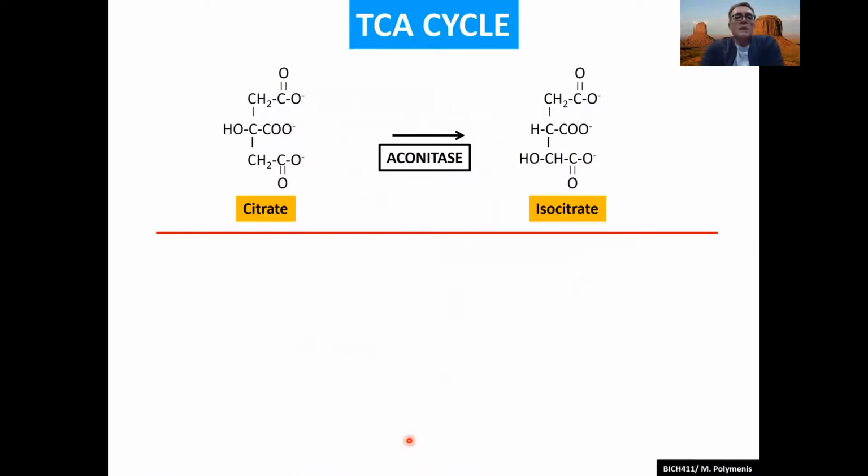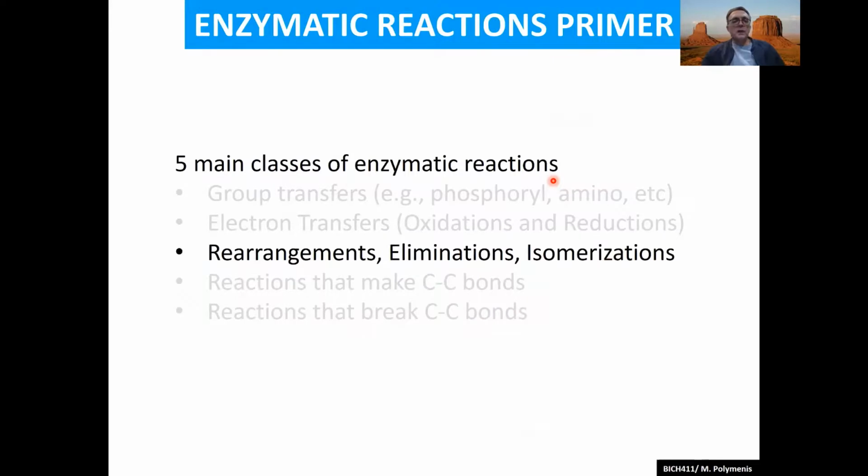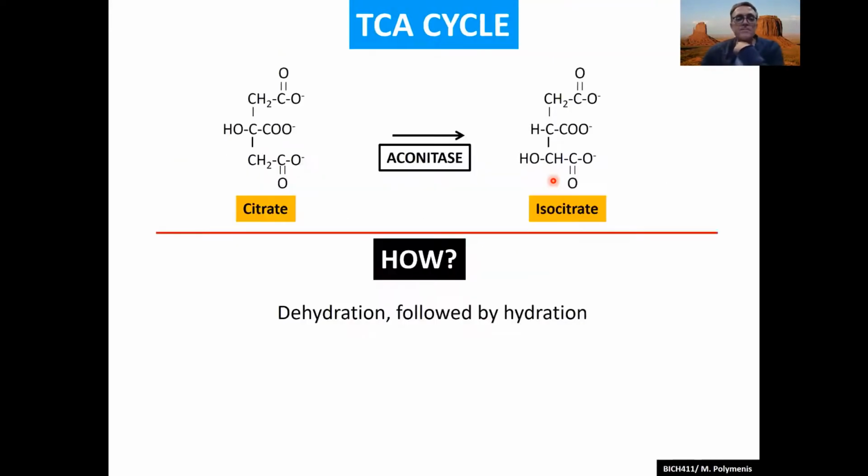All right, so now we made citrate, and the next reaction is pretty simple. We don't change the carbon units, and in fact, we don't change any redox or anything like that. We change internally the redox state of the molecule, but from citrate, we make isocitrate. All we do is move this hydroxy group from this position down one position. Okay, so it's a rearrangement, of course, it's an isomerization.